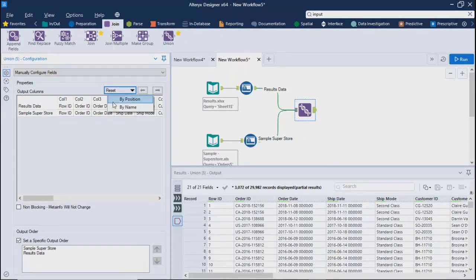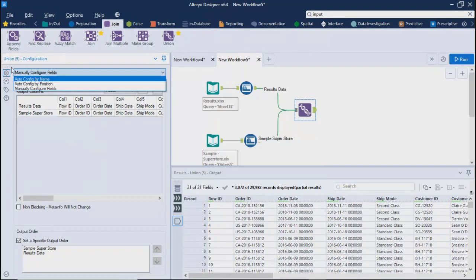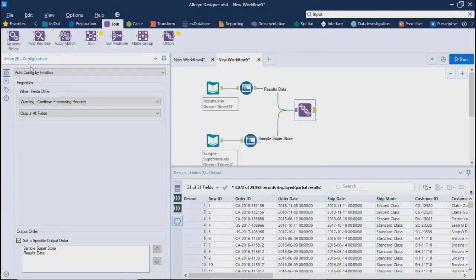No. You can go by position, go by name. Any kind of order you can manually change here. And the second option was config by position. So over here, Alteryx will do it on its own. We don't need to do it. Or in case of name, same.